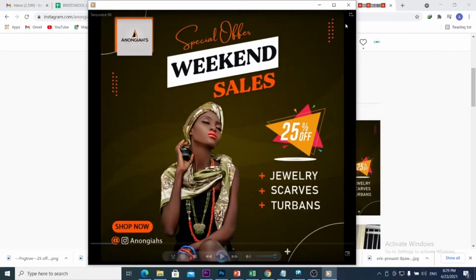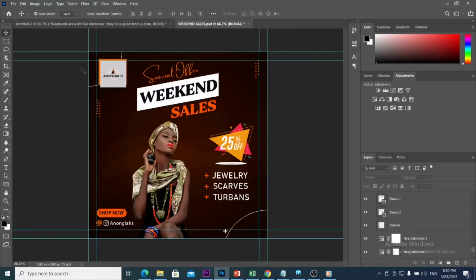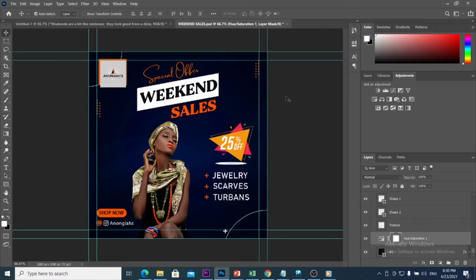So I know this is quite very basic. I use Photoshop to create this image design. All I just did was to have the variation of colors here. I just used hue saturation. So you can see here, I just came here after doing the design here. You could use any other application. Some people use Canva to do their design. So if you don't have to use Photoshop, you could use Canva,